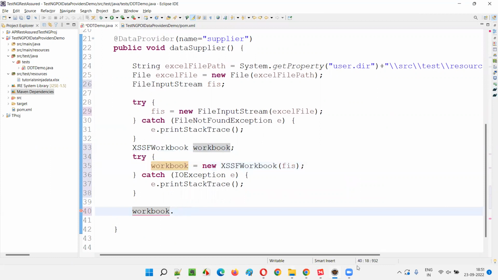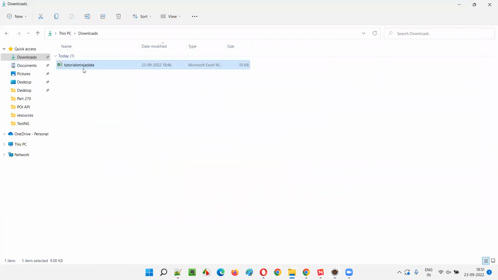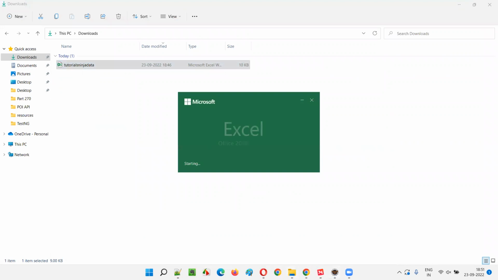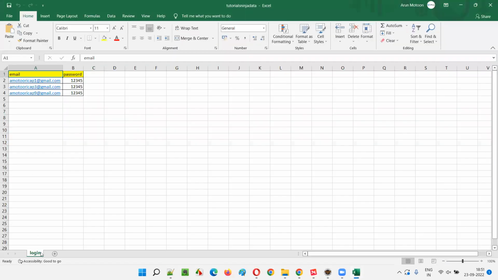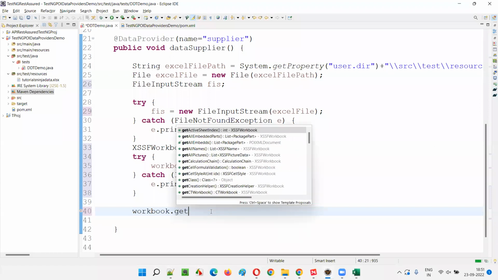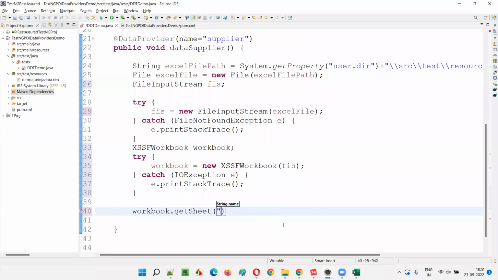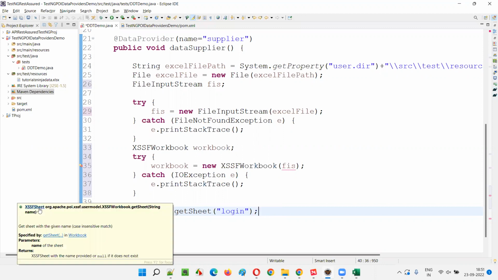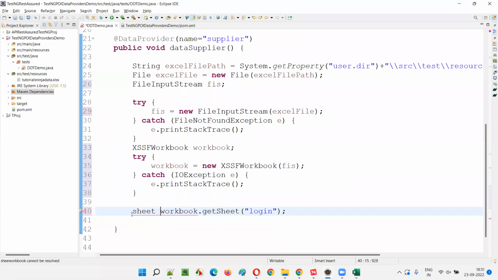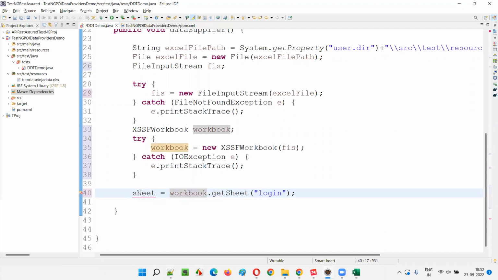We have to get the sheet name. What is the sheet name, guys? If I open the file parallelly from the downloads folder, which I copied into the project, the sheet name is login here. So I'll say workbook dot getSheet of string name. I'll give here login, guys. Login is the sheet name, and this method will return the XSSFSheet. Just say sheet is equal to, hover the mouse on the sheet, and create local variable XSSFSheet